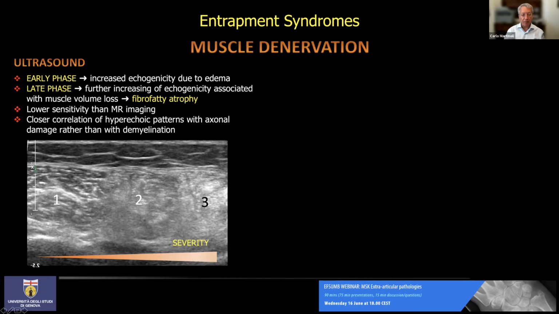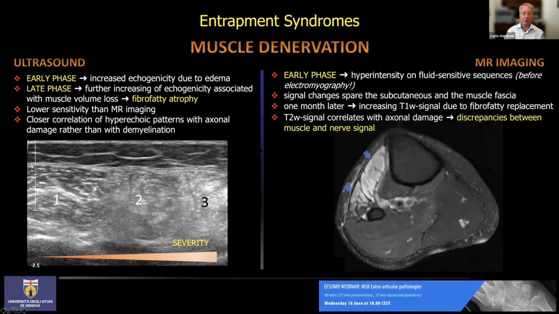Remember that ultrasound is a bit less sensitive than MRI in the early phases of denervation due to the fact that we don't have any volume change of the muscle in the early phase, just a mild increase in echogenicity that can be perceived better by MRI due to the higher sensitivity to identify edema and water using fluid